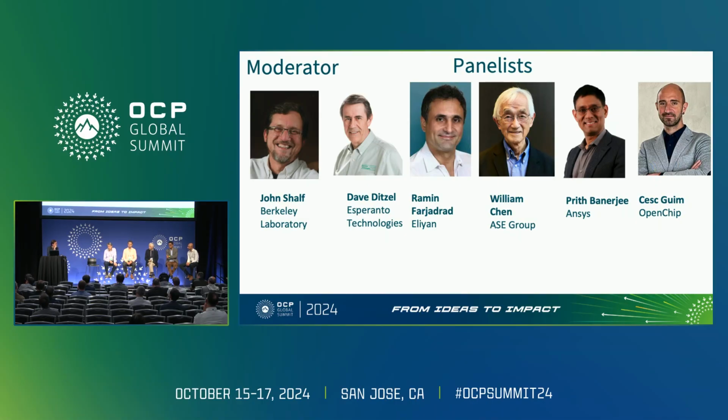I can say, at least being part of the BOW committee, there were a lot of great people who focused on addressing the issues that you're talking about. Part of the reason that we started with the standard package was that in a standard package, you don't have the length limitation issue. On an advanced package with a silicon substrate, it's so lossy that you have to abut the chiplets together. But on a standard substrate, you can go 5, 10, 20 millimeters. So it gives you a lot of flexibility. You don't have to perfectly align things.